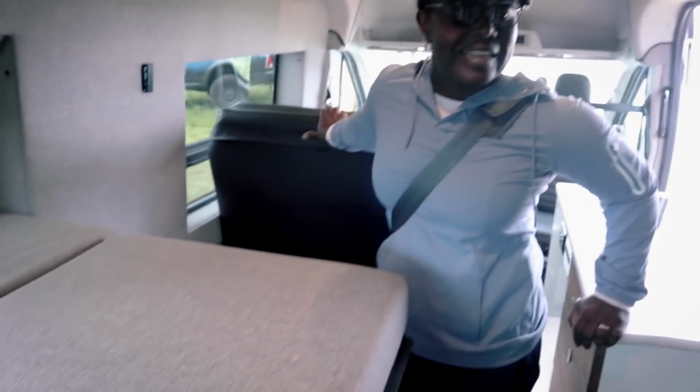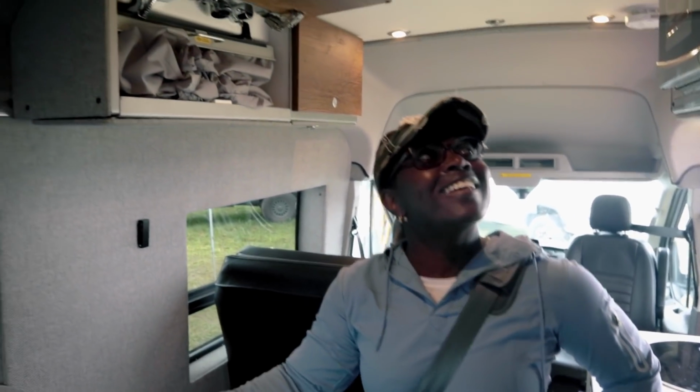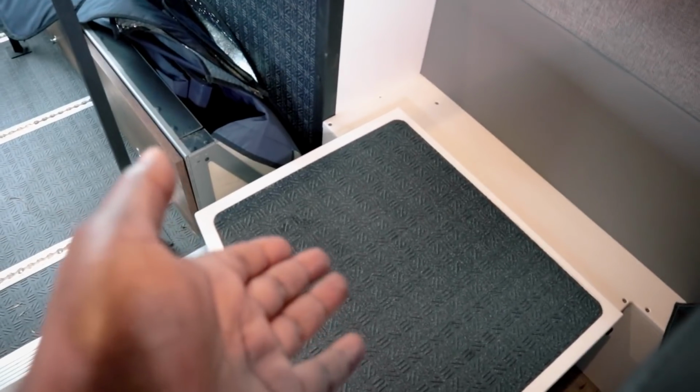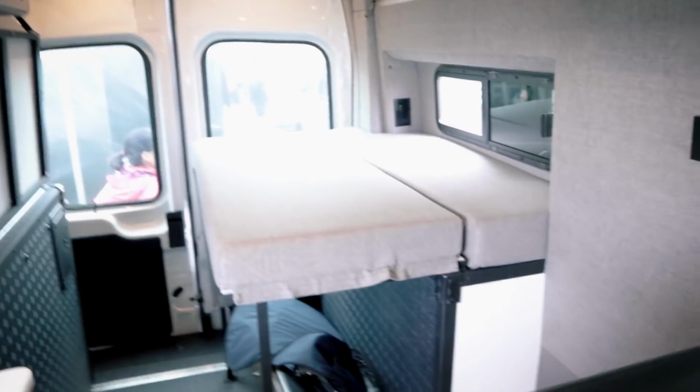So, well, it's a really different layout from what I'm used to in our coach, so I'm just kind of taking it all in. Yeah. So something like this is more utilitarian. This is shorter, and so you really have to fight for the space. But there's a lot more innovative ideas, I think, in here for the space. Let me come out and go this way. You know, in my opinion, I think that the only thing that might get in the way for someone is this is not like a full bath like you would see. But some people don't need it, and some people do need it. And so that is where you have to figure out, like, hey, can I actually live with this whole shower setup? And I don't know, so I wouldn't be able to tell you guys,